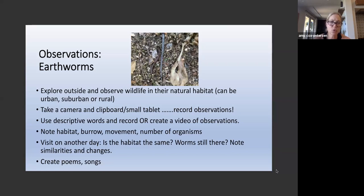Encouraging the descriptive words, and that's where the vocabulary is going to start to develop. If they would like instead to have video, give them opportunities to choose. The video is really neat because, if they have the resources, they can edit their video as well and provide it in a different way. So note a habit, a burrow, a movement,